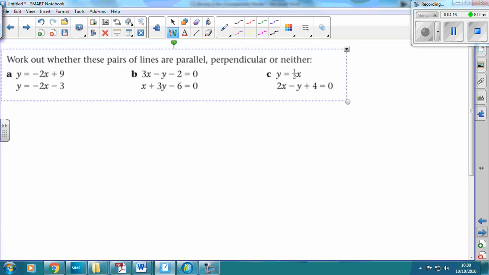Fantastic. Okay, I think I've only got a couple of questions left. So work out whether or not these pairs of lines are parallel, perpendicular, or neither. So parallel means that the gradients are the same. Perpendicular means that the gradients multiplied together make -1, and neither is going to be neither. Let's have a look at this one. For A,